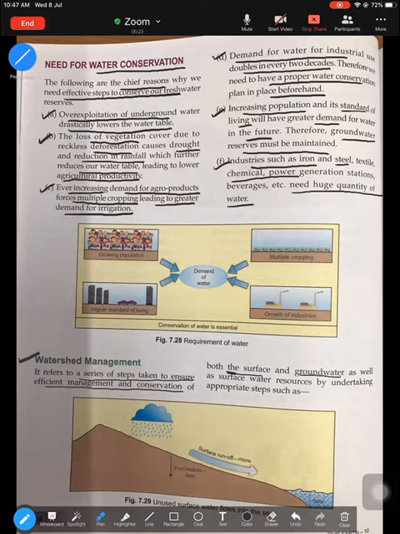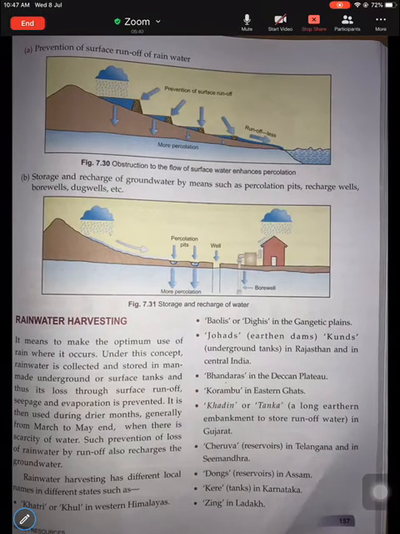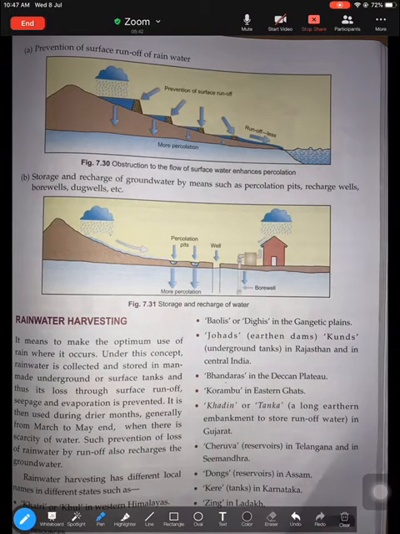For what kind of water? The surface water as well as your underground water. So both have to be conserved. So that method to conserve water efficiently, both surface and groundwater, is known as watershed management. So let's learn more about watershed management and how we encourage this method. Now, first we must ensure